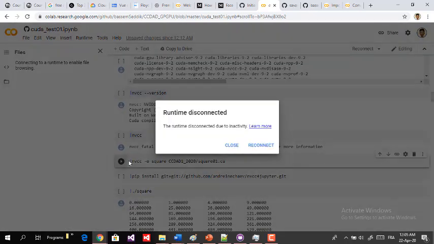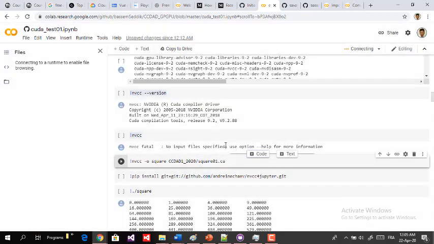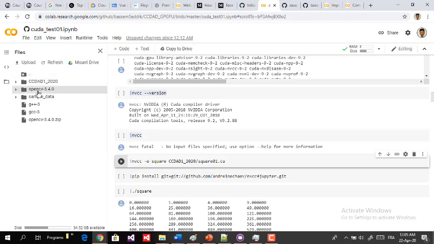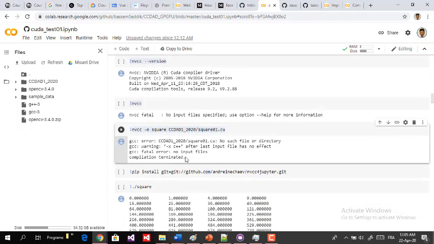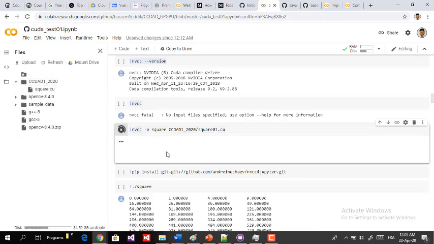So I think that once I reconnect, right? So it works. So I'm going to just activate this command once again. So it's telling me gcc error: square: no such file or directory. I'm going to refresh this. Alright, so maybe it's telling me that